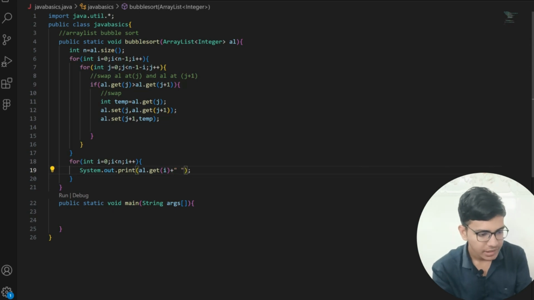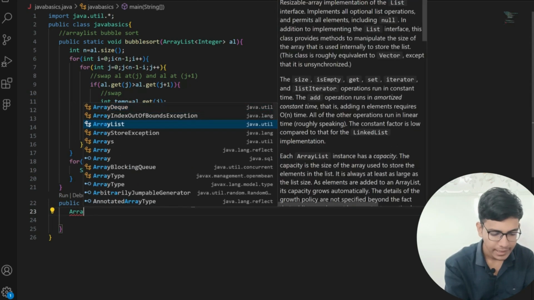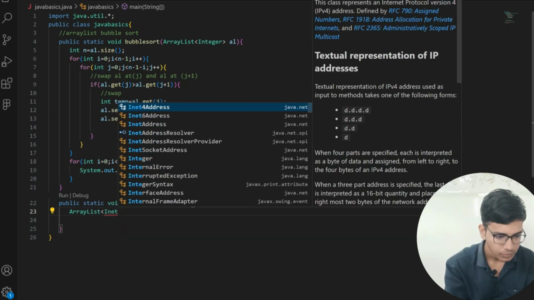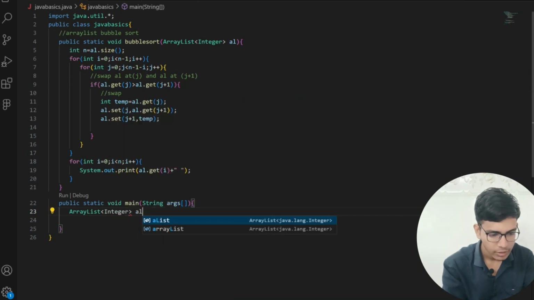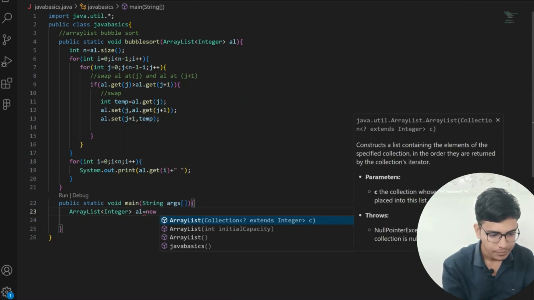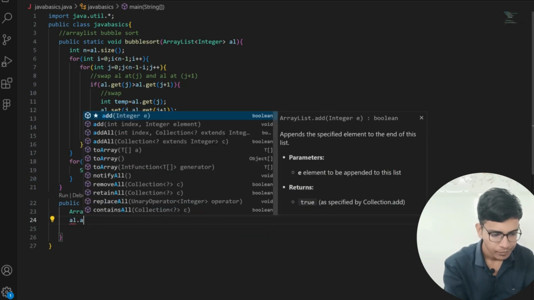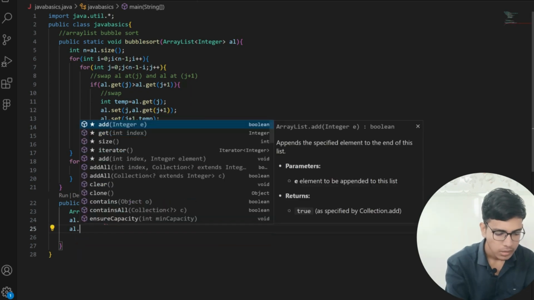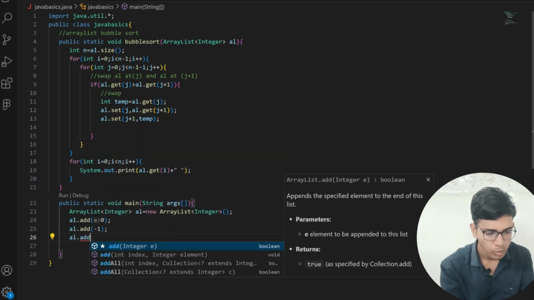That's all. Now let me save. In the main program, I am creating an ArrayList of Integer, AL, equals new ArrayList. After that, I am adding AL.add(0), AL.add(-1), AL.add(2),